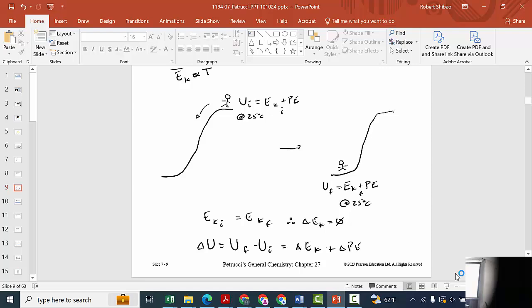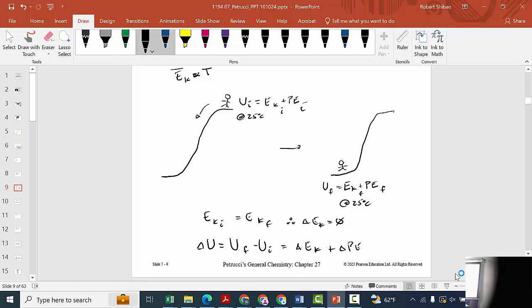Delta PE is PE final minus PE initial. Then we know that delta EK is equal to 0. So the only change here is the change in potential energy. And so to calculate the potential energy here,